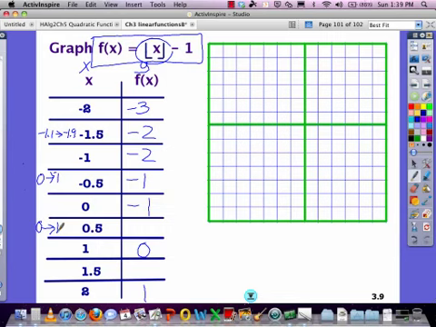And we do have a problem. What did I screw up on? I'm at any number between, so a 0.9 would go down to a 0. Greatest integer function, less than or equal to. So when I went to everything between